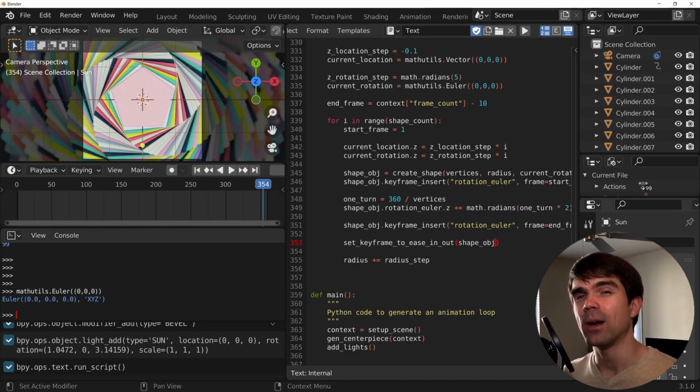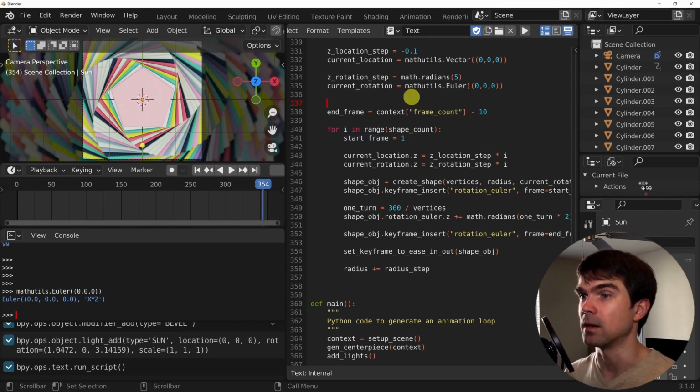Okay, now I want to offset the start of each one of these shapes, meaning that I don't want the start frame to be a 1 for every single one of these shapes. I want this to be calculated. So let's go start, frame, and then step. And then let's just use 5 and then use that here.